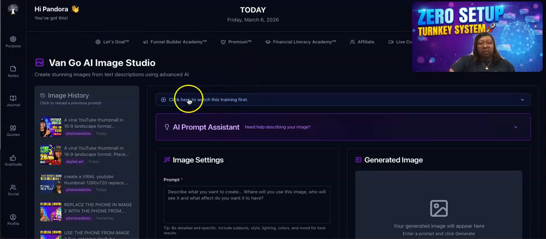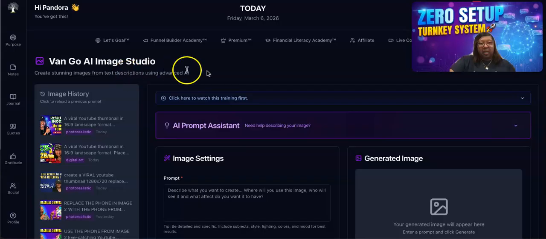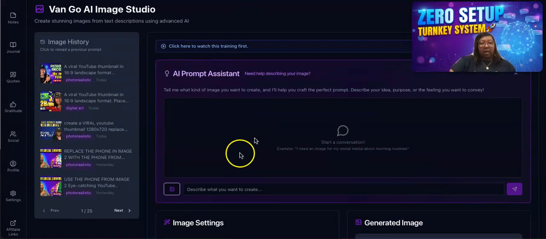Now, when you come over here, there is a training video. So make sure if you sign up for premium, you go here first. Click here to watch this training first before you start trying to create images. All right, now see right here, this first one at the top. So now we have within the Van Gogh AI Image Studio also an AI prompt assistant. I will come here and type what I'm trying to do. What am I trying to create here? And the AI prompt assistant will help me come up with the prompt to create the